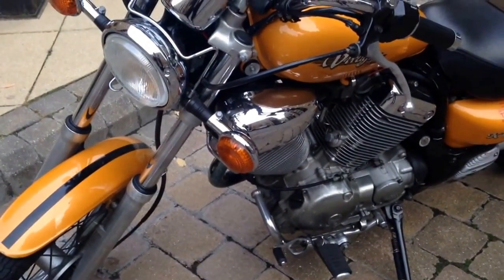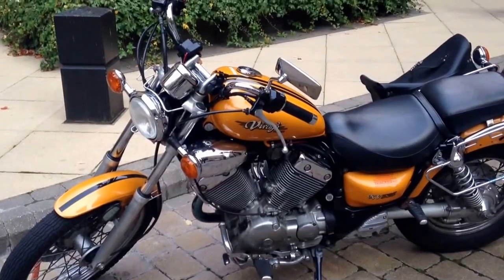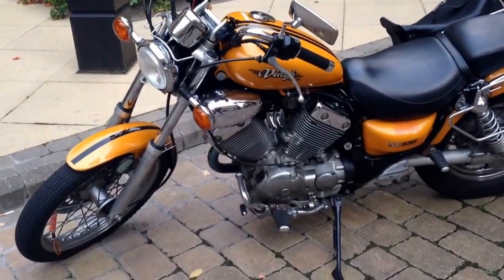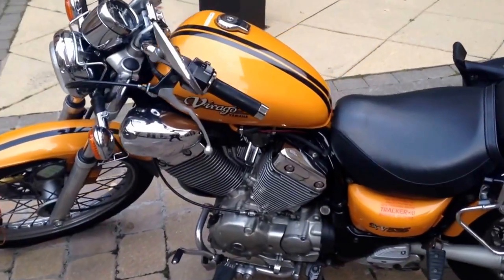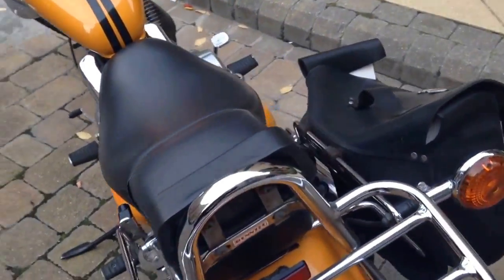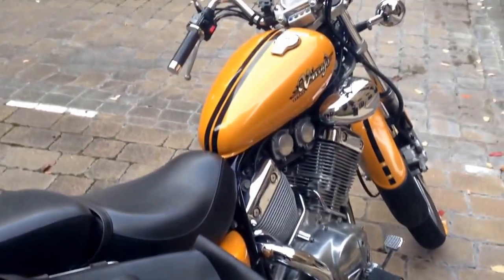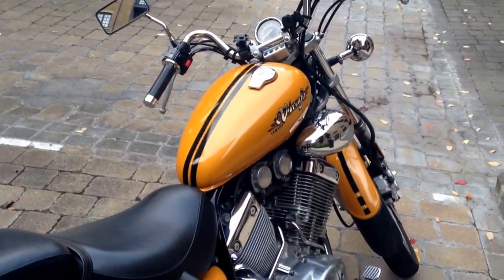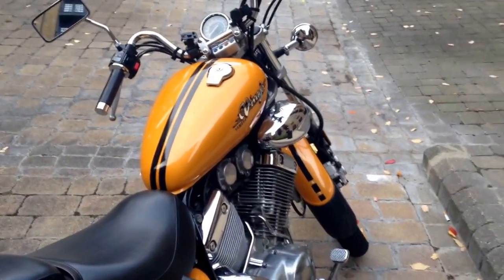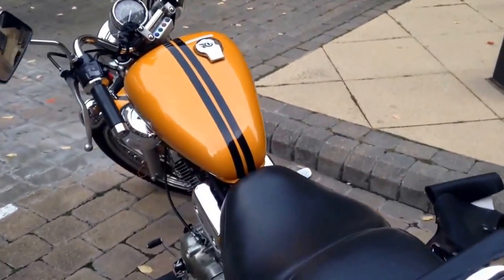Hi guys, so this is a quick walk around a Virago 535. This bike is from 1997. It's an import from the States. I'm based in the UK, in London, before you ask. I got this bike this summer, which was 3-4 months ago, and I've been riding it every